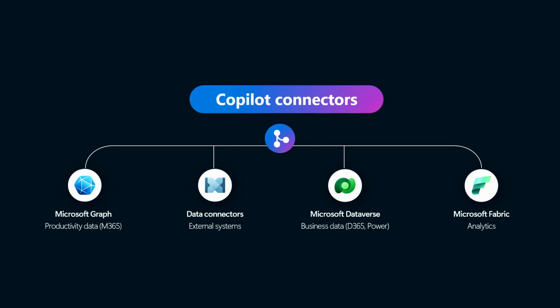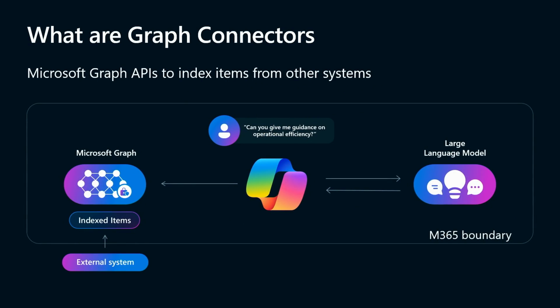Now, you would have seen Rajesh on stage announce Copilot connectors as an overarching term. One piece of clarity I want to bring to the table here is that the Microsoft Graph connectors are the only connectors that bring the information directly into the knowledge part of the stack. All of the Copilot Studio connectors that you can see on the right-hand side of this slide are actually plugins. They're wrapped plugins from existing technology we have in the Power Platform stack, whether they're Power Platform connectors, flows, Dataverse connectors, or Microsoft Fabric connectors. And so there's a little difference between picking those Copilot Studio connectors versus this Graph connector, which gets it straight into the knowledge of the stack.